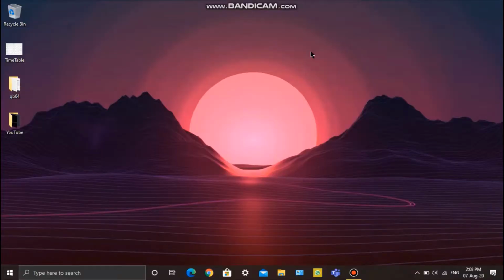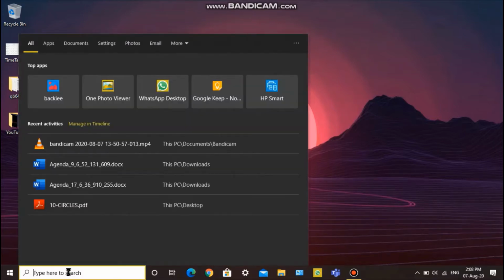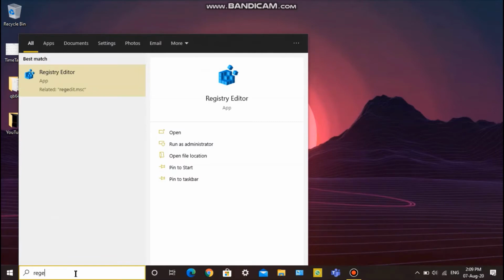It is really useful to create a system restore point, and there are many reasons. In case you play around with some very important settings and you cannot revert to it, having a restore point comes in really handy. You can just roll back to that restore point and your PC will be good as new. So when there are virus attacks, when you play around with Regedit, registry, I'll show you it.